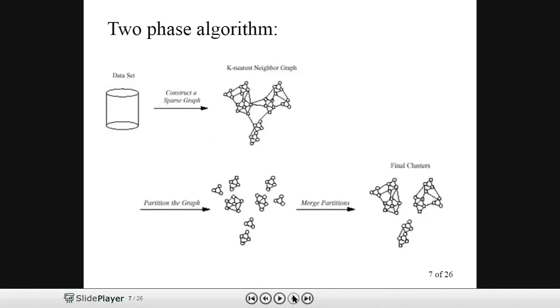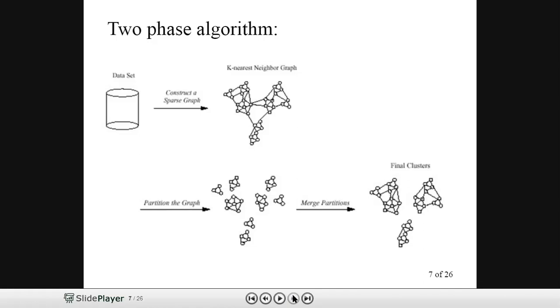Now coming back to the procedure of the chameleon algorithm, in this diagram it is shown that the initial data set is represented with the help of a KNN graph. In a KNN graph, each node gets connected to its k nearest nodes. In this way, all the data points get connected with the rest of the elements, and we get an enlarged, detailed network of nodes, where each node is connected with k nearest neighbors.